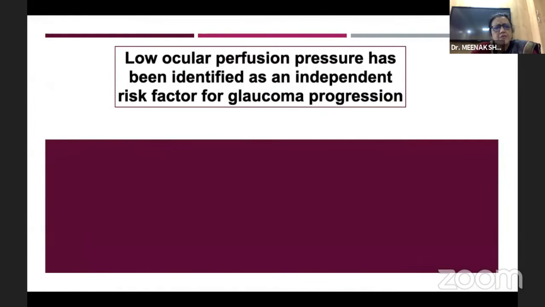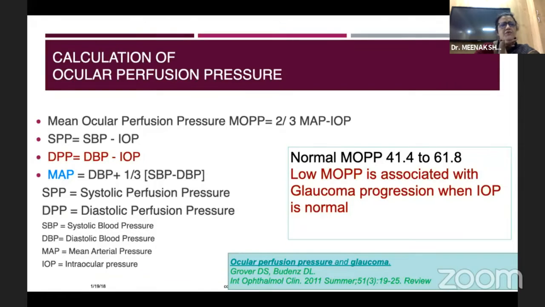Low ocular perfusion pressure has also been identified as an independent risk factor for glaucoma progression. We calculate the mean OPP by adding the DBP to one-third of the difference between the systolic and the diastolic blood pressure. Normal OPP is between 41 to 61, and a low mean OPP has been associated with glaucoma progression when the